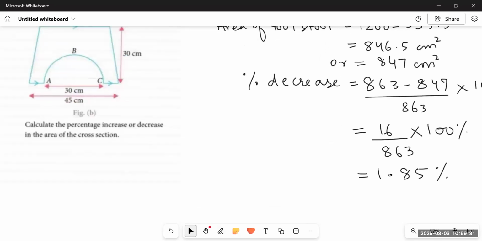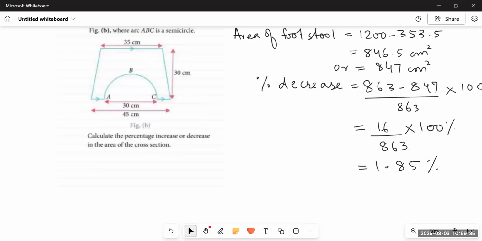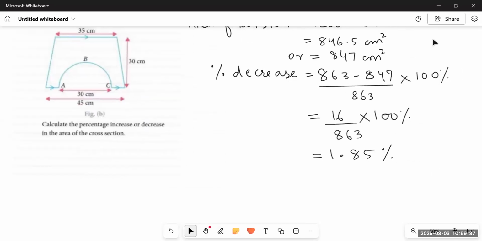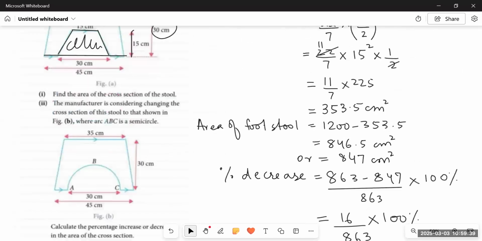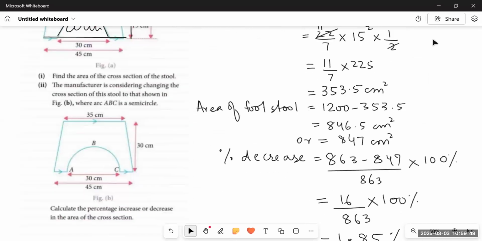So there was a lot of calculation that we have to do in this particular question. You see what we did? First, we found the area of the whole trapezium. Then we found the area of the smaller trapezium. Then we found the area of the cross section by subtracting both. Similarly, we did the same for the second figure. That is, we found the area of the trapezium, which was the same as the figure didn't change as a